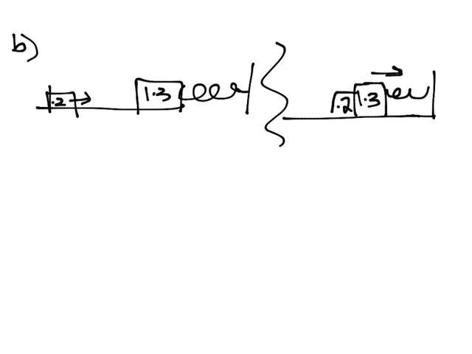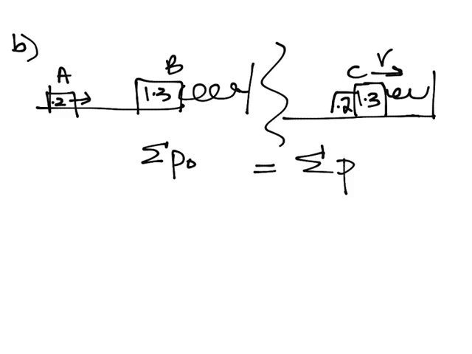Okay, and we want to know what is this final velocity. Actually, we want to know what is the momentum of these two. So we have sigma p naught equals sigma p, and I'm going to call this object A and this object B, and then I'll call this C, this combined mass. So at the beginning we have PA plus PB. I'm just adding up their momentums, and that has to equal PC. Okay, PC is what I'm looking for,